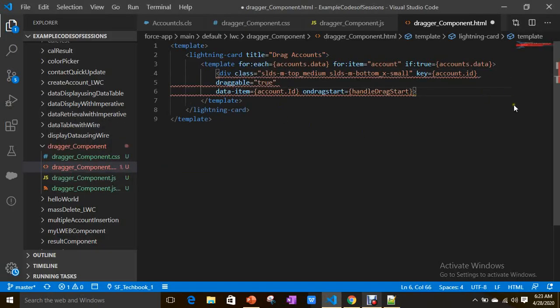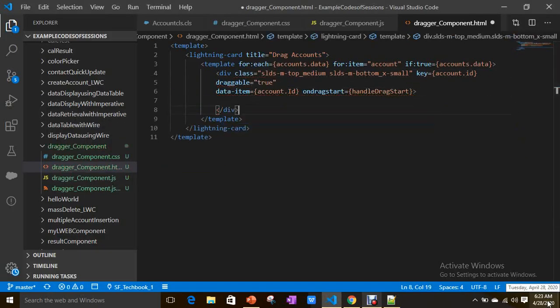Now let's go through this. I'll explain it. If you see here, I defined a div element with normal CSS classes from SLDS, and a key.